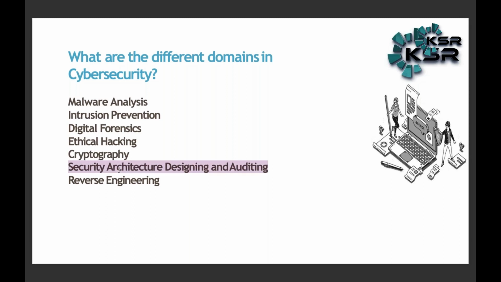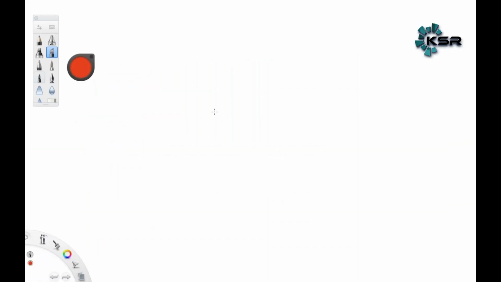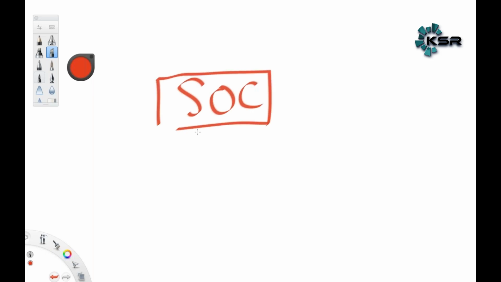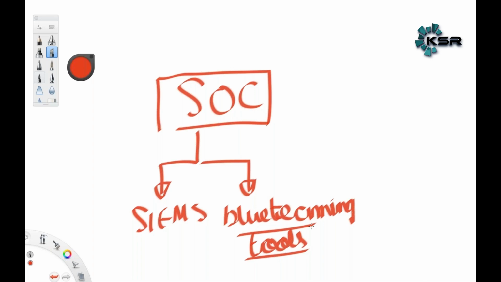For a domain like security architecture, designing and auditing, there is a complete environment in enterprises known as the SOC environment, Security Operations Center. There, if you have the knowledge of SIEMs, if you have the knowledge of basic blue teaming tools, you are good to go, my friend. You don't actually have to worry about programming skills.